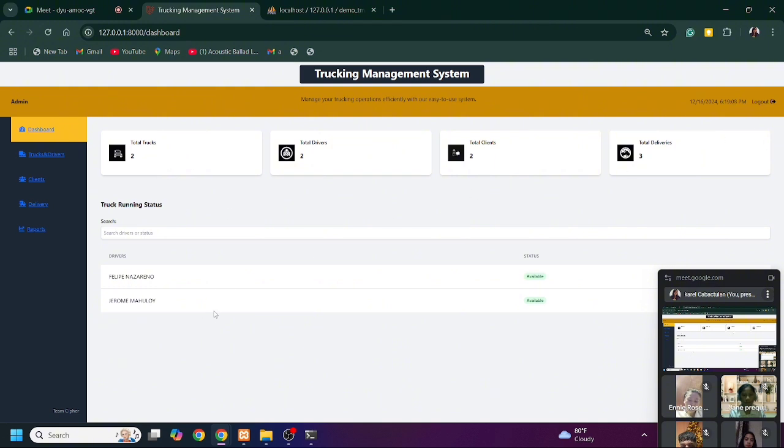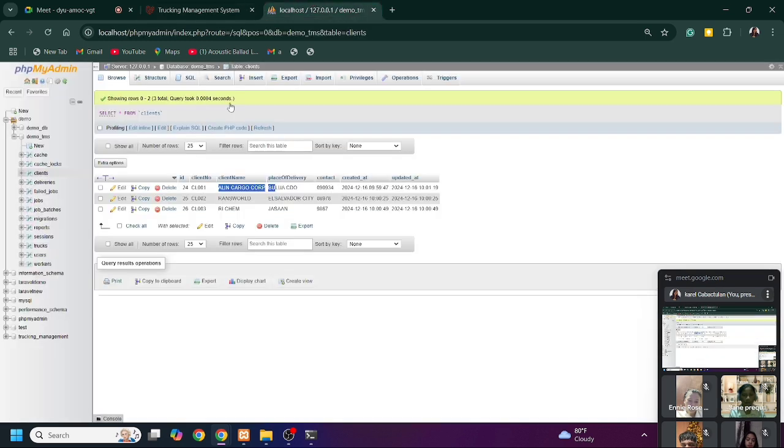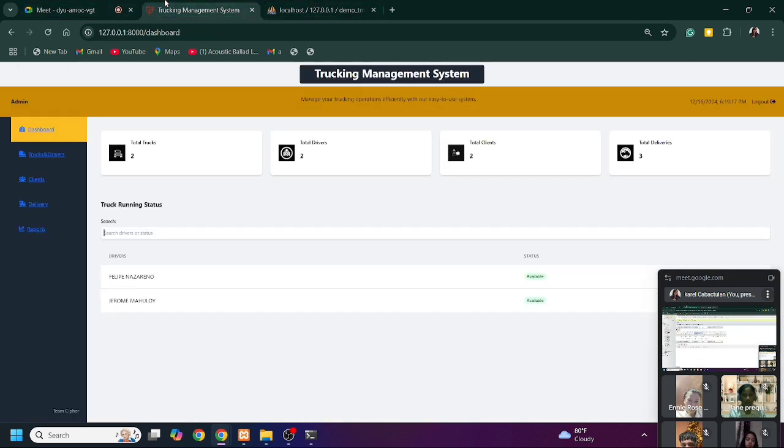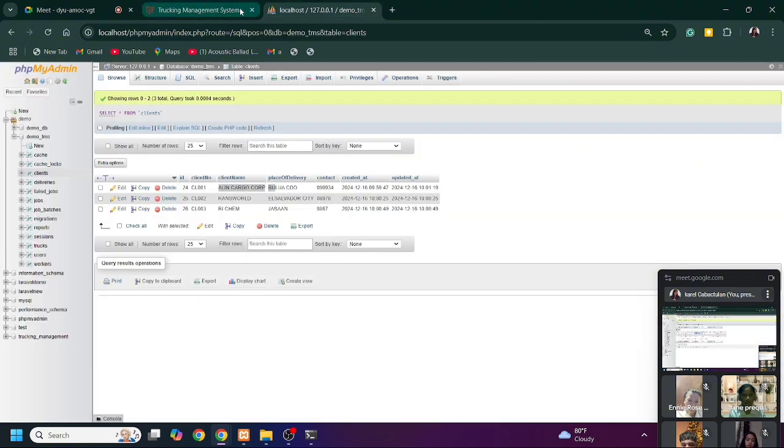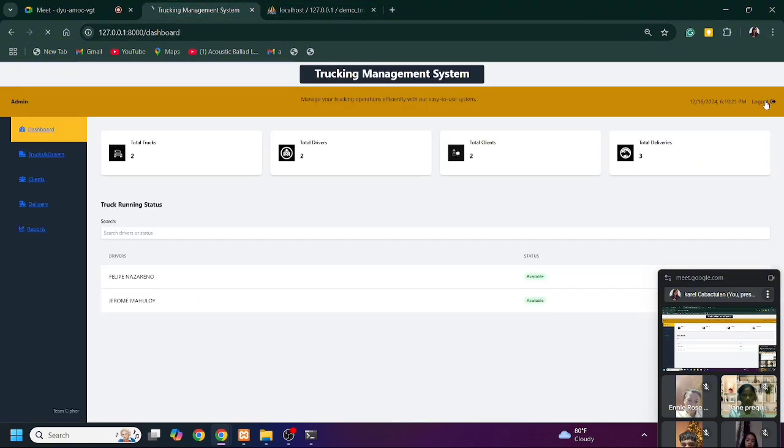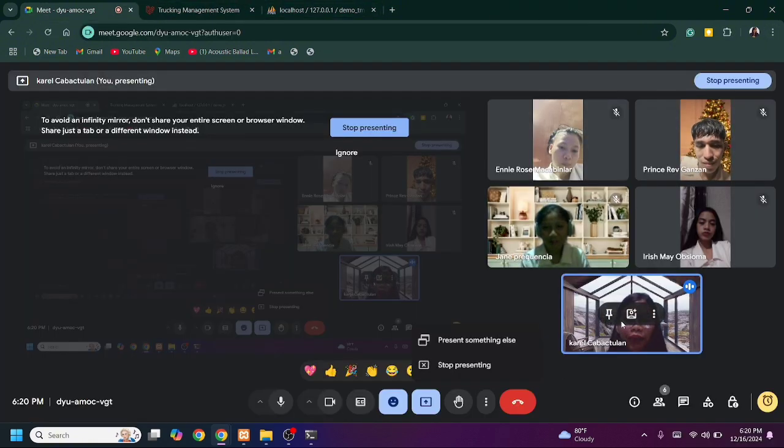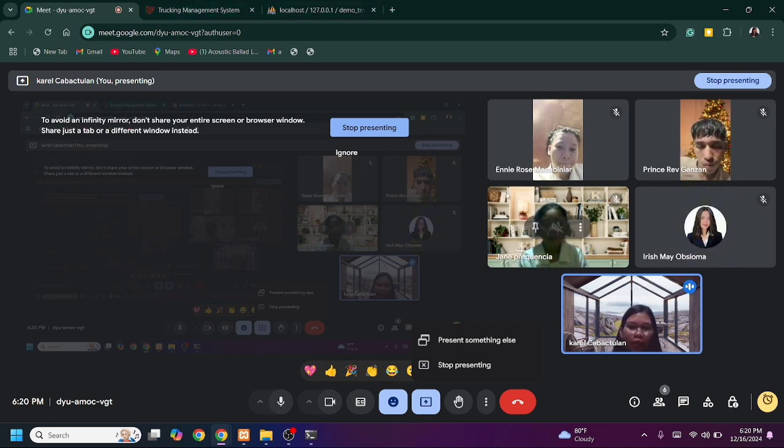If we log in again, the data will still be here because we currently don't remove the data in our database. So that would be all the functionality of our tracking management system. Thank you so much.